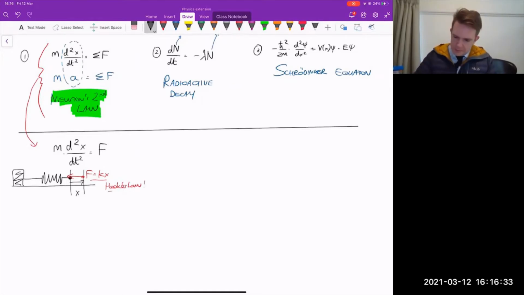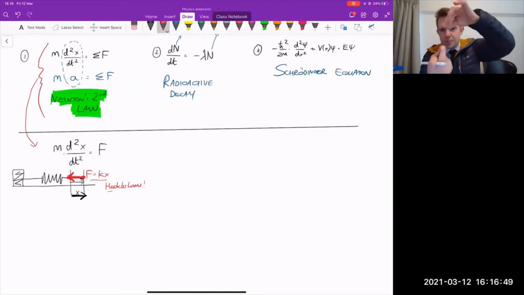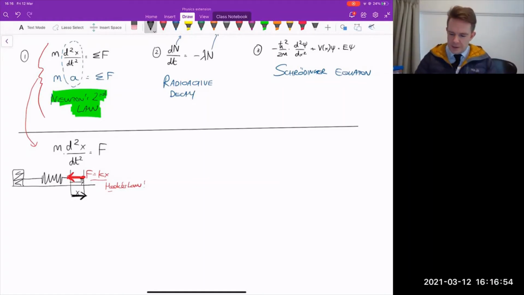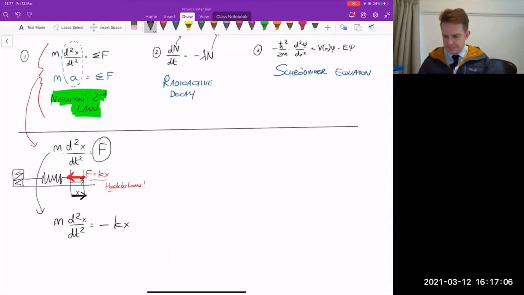So if you think, well, if I displace the mass on the spring to the right, the restoring force, the force that it feels, is back towards where it came from, right? Back towards the equilibrium position. If you stretch a spring, it wants to pull you back to the original position. So Newton's second law becomes m d2x by dt squared, and instead of F, we put minus kx,